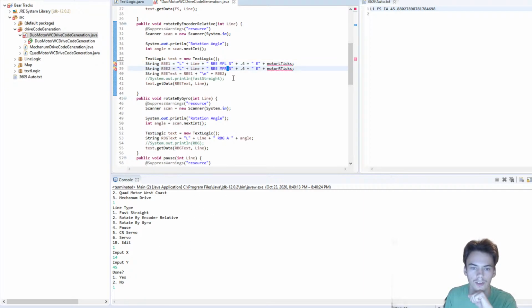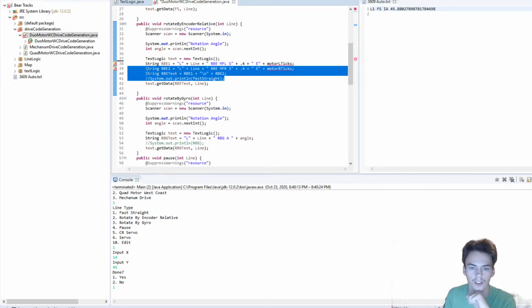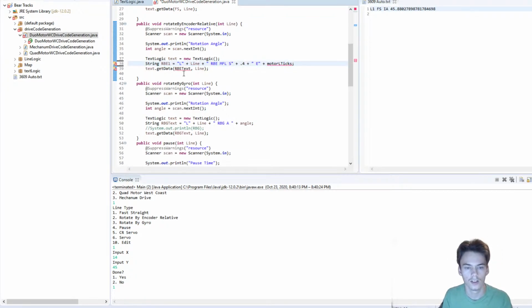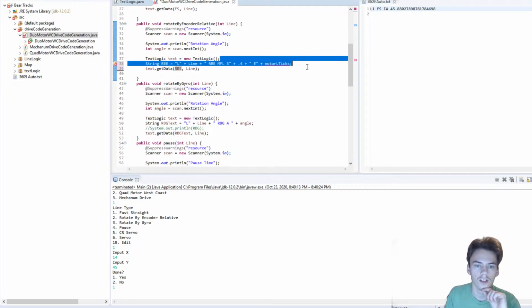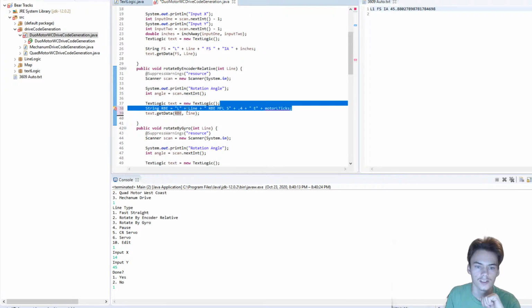So we only need one string, and we don't need the string combined. This is cool because it also helps cut down the program size. Let's name this rotate by encoder RBE, and we don't need to do that. And yeah, so line plus rotate by encoder